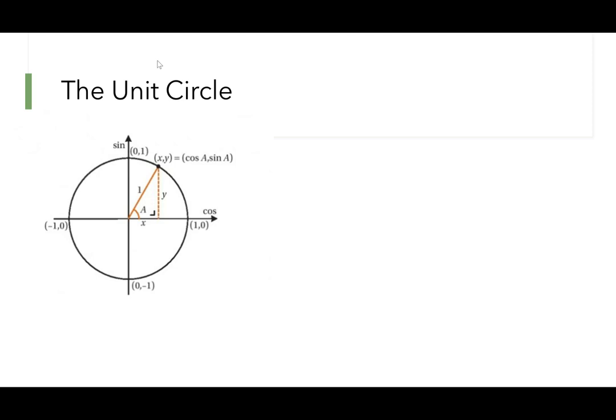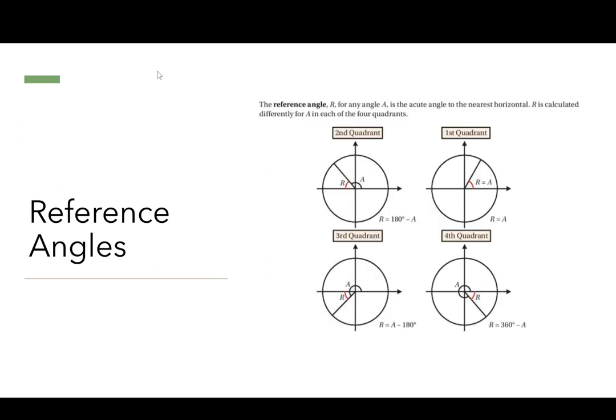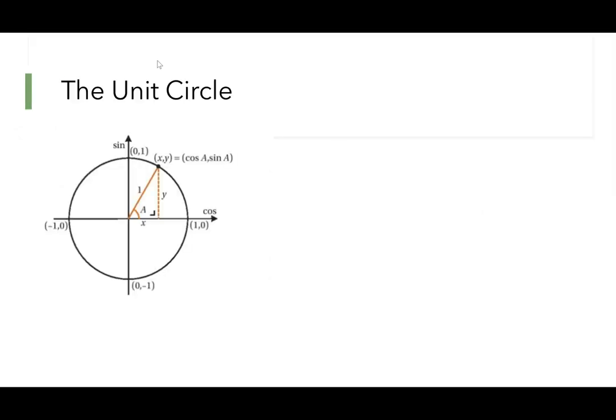This is just a very quick overview on the unit circle. So the image here in front of us is the image that appears in the log tables. Okay, so you have cos, which is effectively the x-axis, sine, which is effectively the y-axis. Okay, and then the unit circle has a radius of 1 the whole way around, which gives us the points